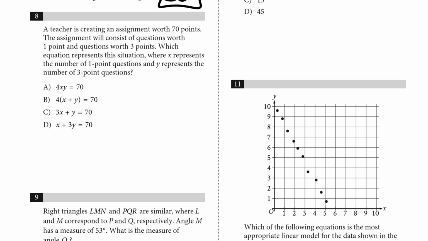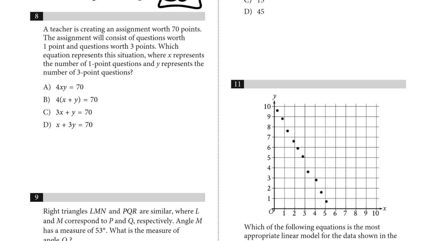Number 8. A teacher is creating an assignment worth 70 points. The assignment will consist of questions worth 1 point and questions worth 3 points. Which equation represents this situation where x represents the number of 1-point questions and y represents the number of 3-point